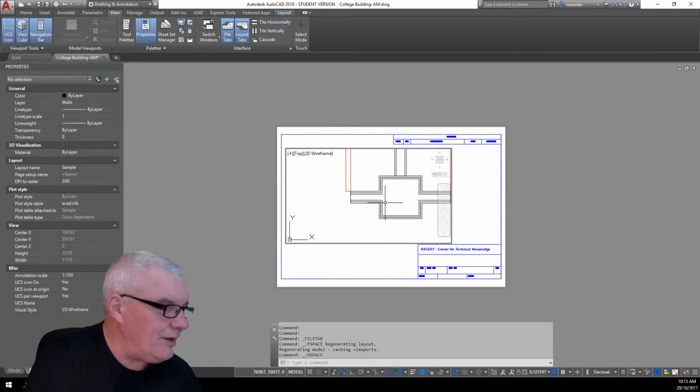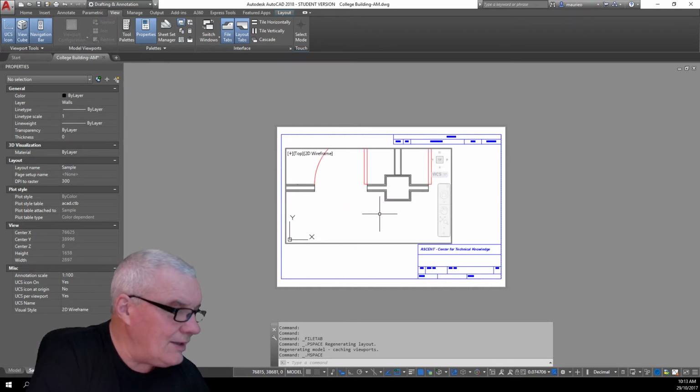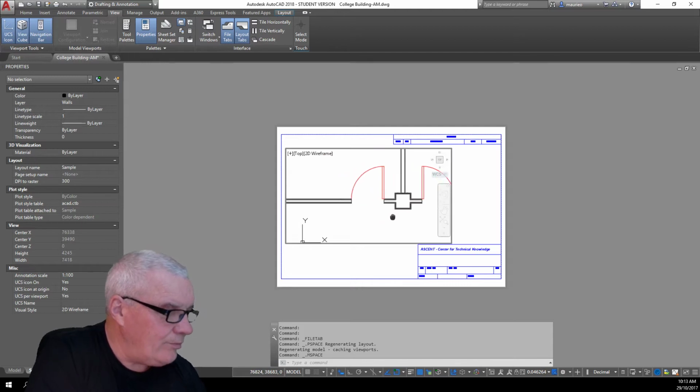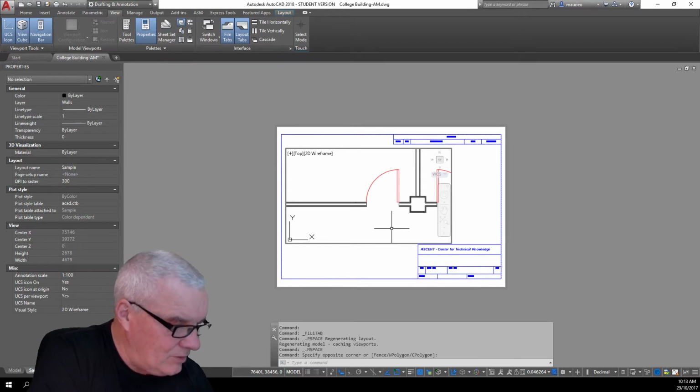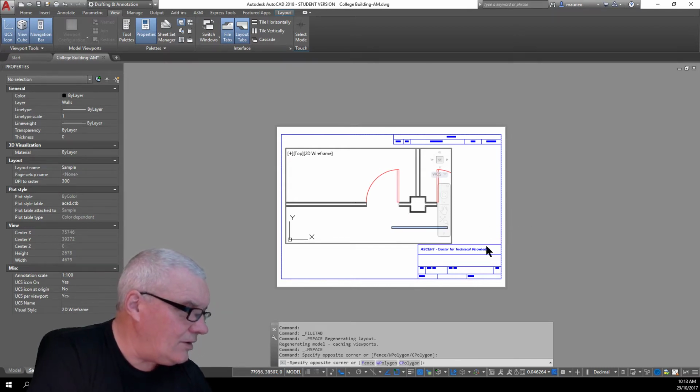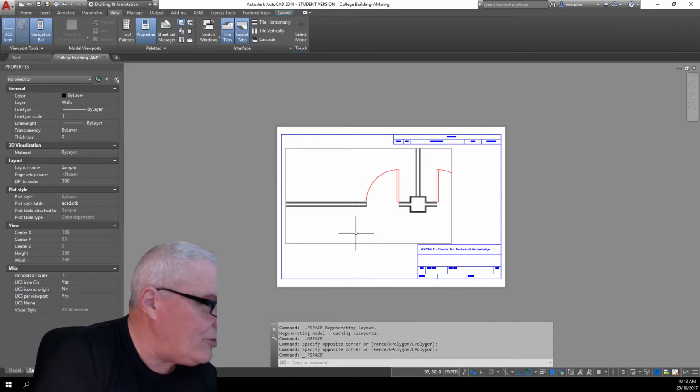That's model space there. So here's one of the single doors. If I double click in there, I'm in model space. If I double click there, okay. Well, I think that's paper space there. But anyway,